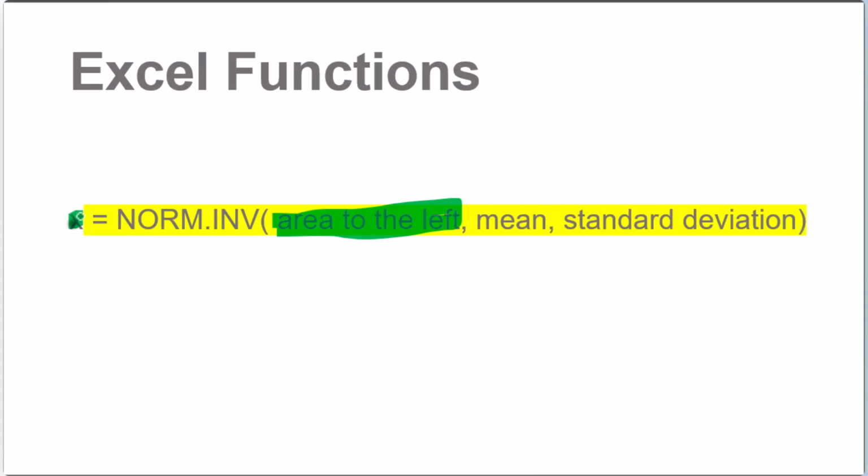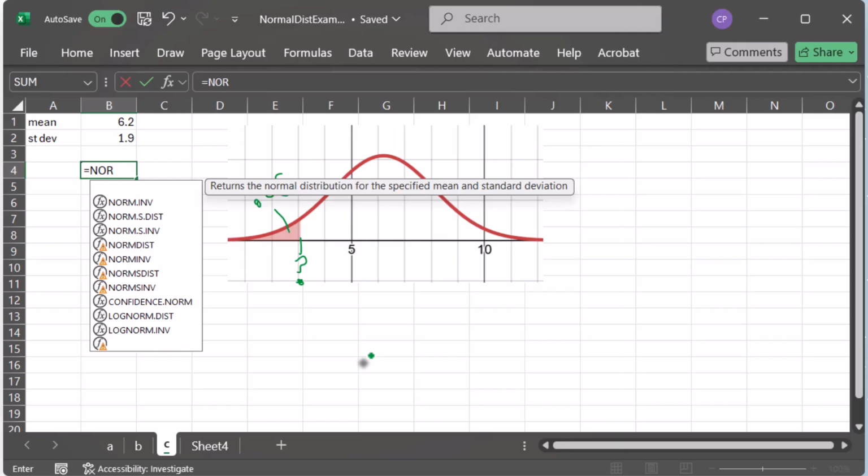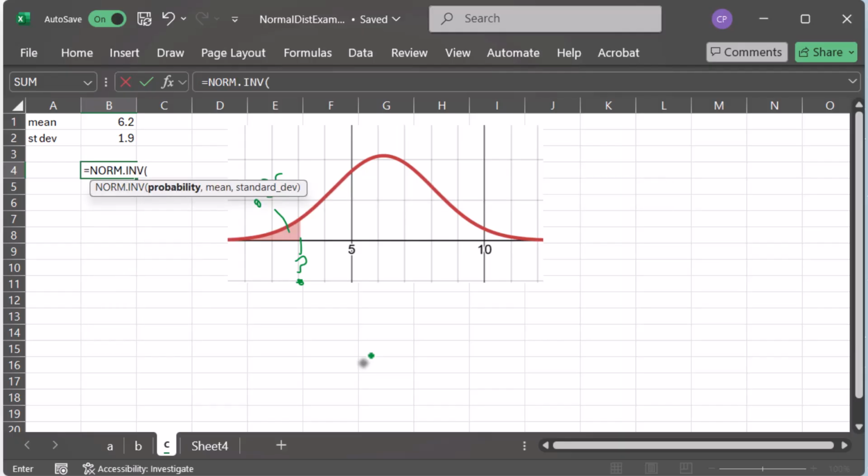And this is going to spit out what we would normally put in as an input for x, so that, in this case, the sleep value. So here I'm going to do equals NORM.INV. This first input, Excel calls it a probability, but this is the area to the left that we're looking at. In this case, this is 0.05, that 5%. We want the area to the left of our unknown value to be 5%. And then I'm going to put in my mean and my standard deviation as those next two inputs. Close my parentheses, and this tells me